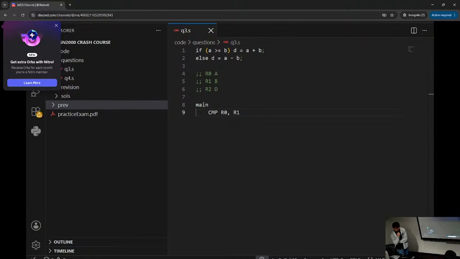If you remember, this is a bit of a scuffed setup because I don't have the data sheet on. This is not what I intended. But if you had the data sheet up, you would notice in the bottom left of your data sheet there is a table showing all the possible different comparisons. And so we can just choose the most relevant one. So in our case, we want to check if it's bigger than or equal to